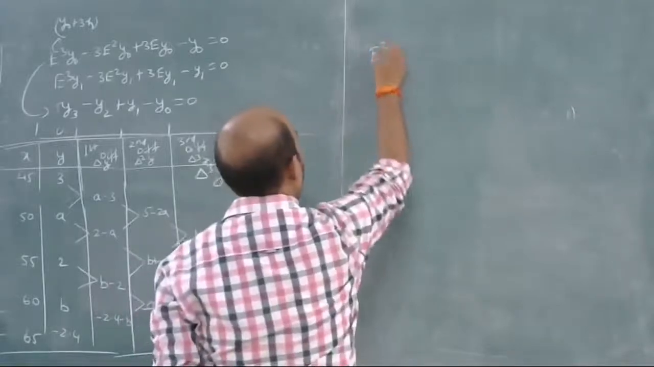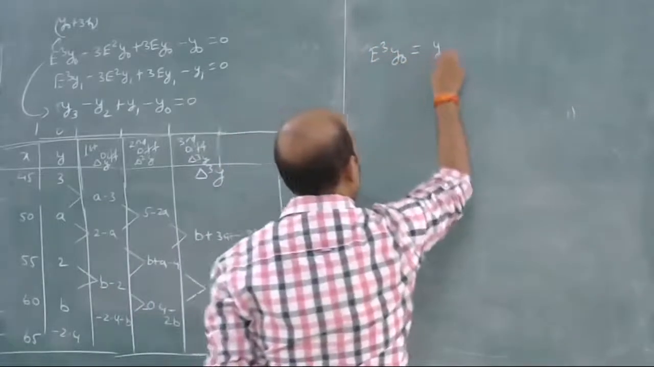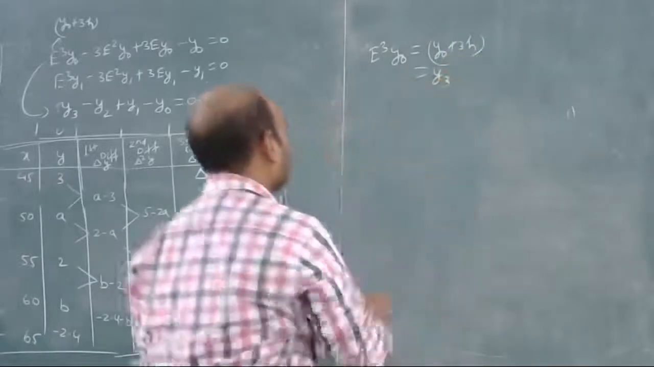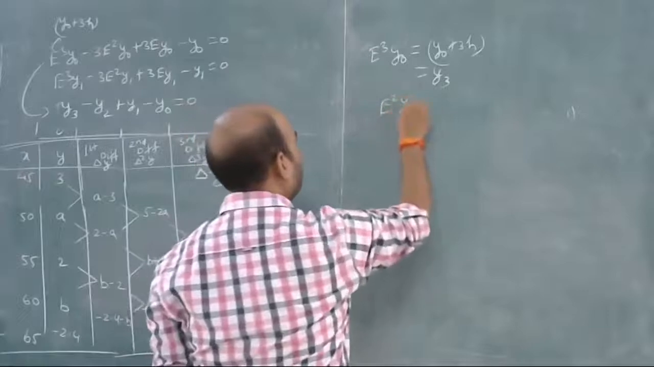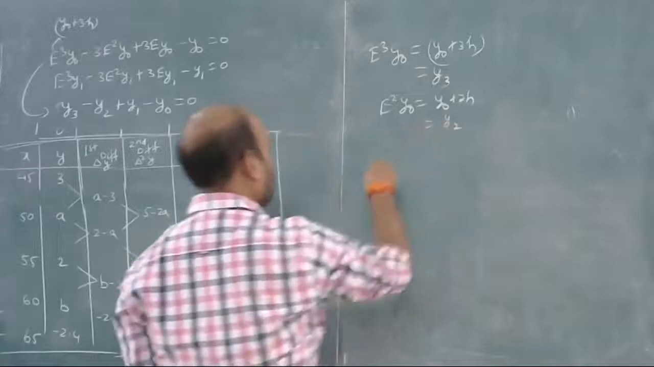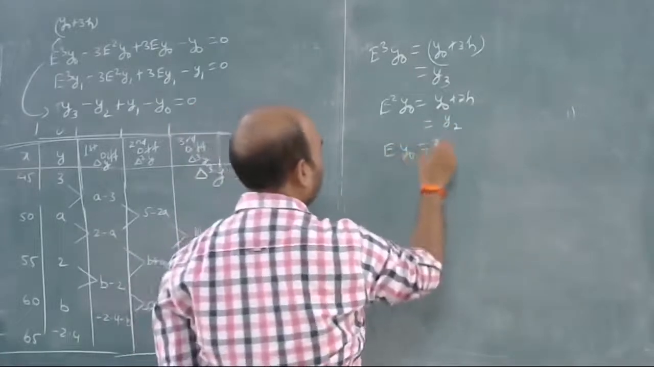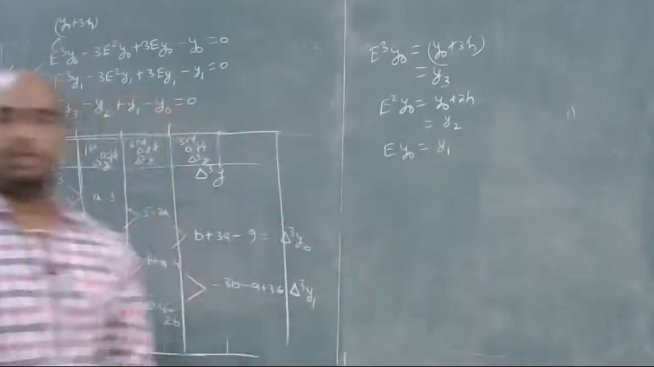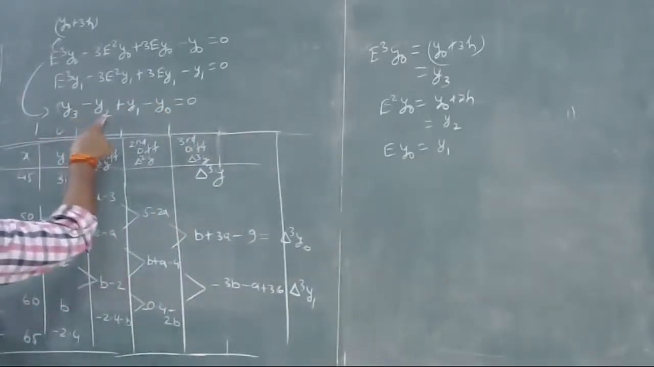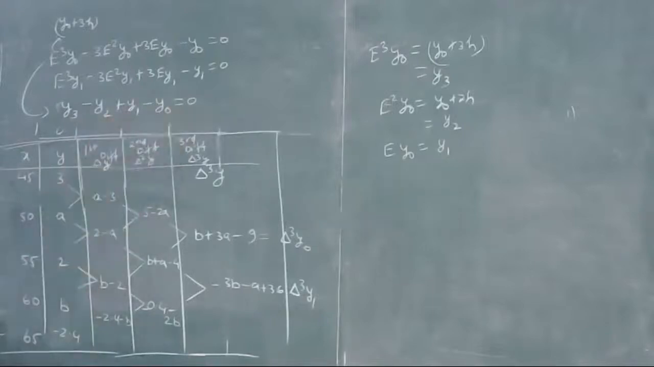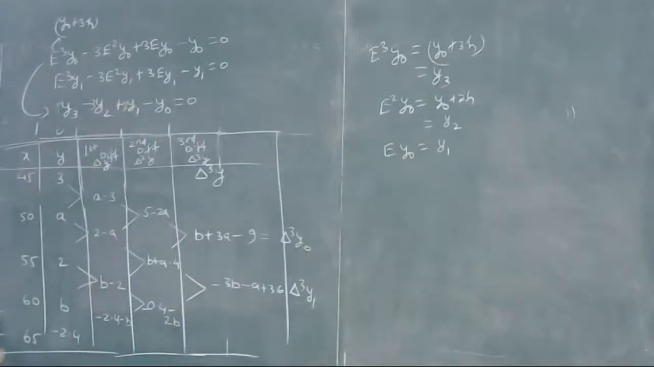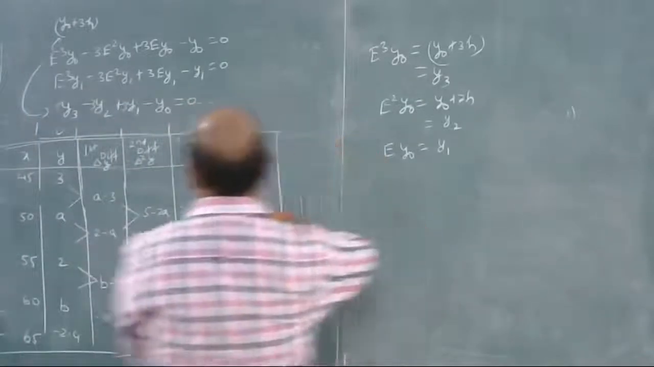So E cube y naught is equal to y naught plus 3h. Okay, so this is y3. E square y naught will be equal to y naught plus 2h, so this is y2 and so on. E y naught is equal to y1. So it will increase the value of y. So you will get y3 minus 3y2 plus 3y1 minus y naught is equal to 0. Okay. Similarly, you can write this equation